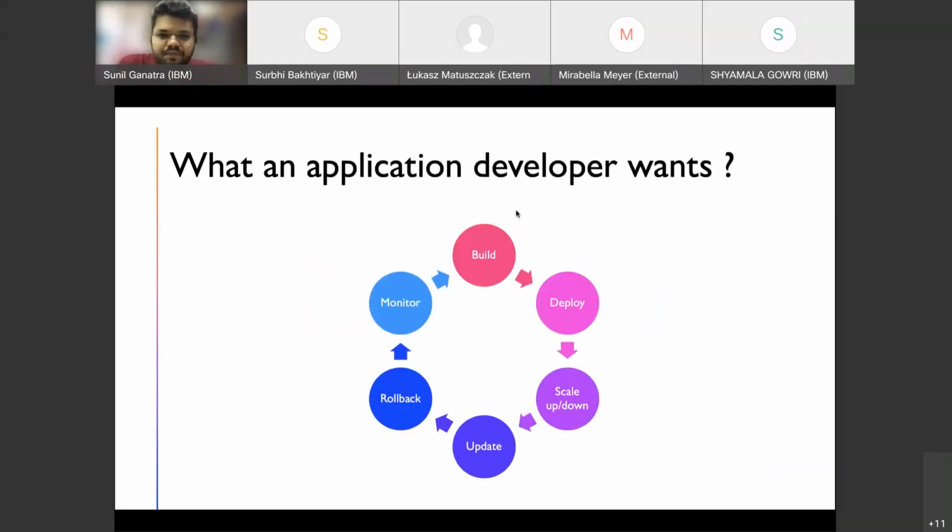As an application developer, what you exactly want is to build your application, deploy it in one of your environments, scale up or scale down based on demand, and roll out upgrades as soon as you have a newer version of your application.